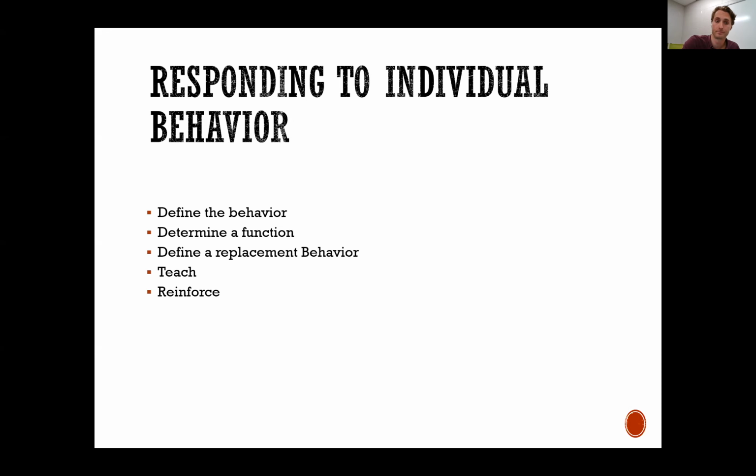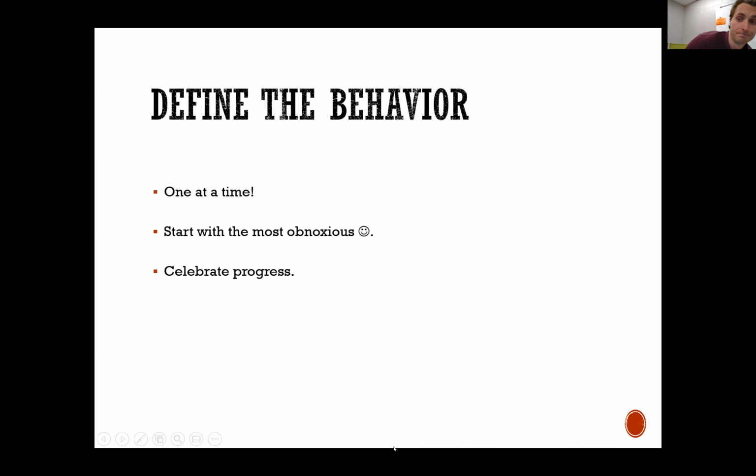So this first step: define the behavior. This is mega important. A lot of times kids who are engaging in disruptive behavior are engaging in more than one behavior at a time. You might have a student, I'll make up a student name, let's say there's a kiddo named Kyle. And let's say Kyle's doing a lot of stuff in my classroom that's really distracting. Let's say that during carpet time, he's singing out loud when the teacher's talking. That's one of the things that he's doing, and it's a huge pain. This Kyle will not stop singing when I'm trying to teach my lesson. And let's also say around lunch or recess time, he has a huge issue with punching and hitting kids. His way of playing is rough play and he's hurting kids.